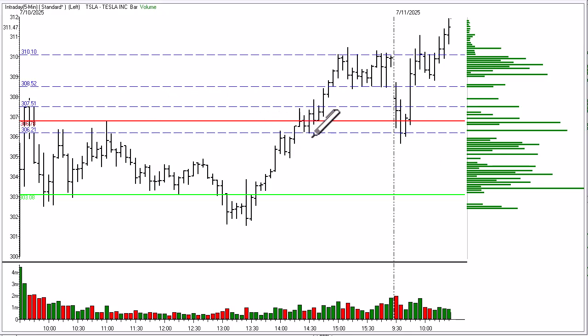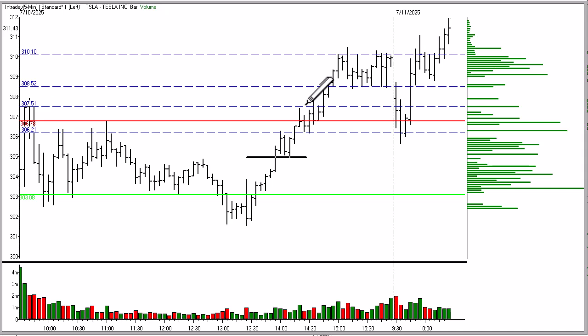So in this case, you go back through yesterday's data, and we can see we've isolated the places that we think price is going to inflect. I'm taking the ranges going into the latter part of the session, looking for my bias, and also trying to see, on yesterday's data, what's the volume weighted average price of that big swing move? It's right there at the pivot line. So today the pivot is going to have a lot of influence,